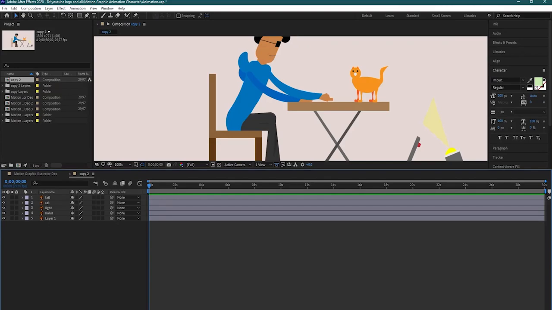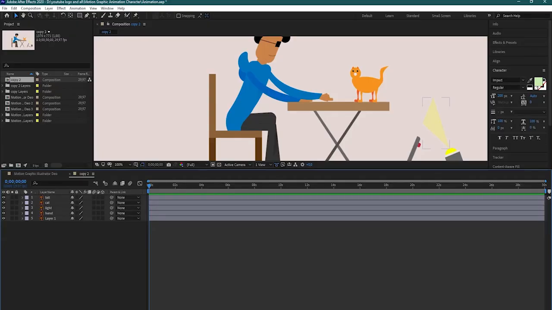But for now, let's continue with our animation on the separate sequence. So what we have to do to finish off this animation is animate a cat tail. And again also animate a light